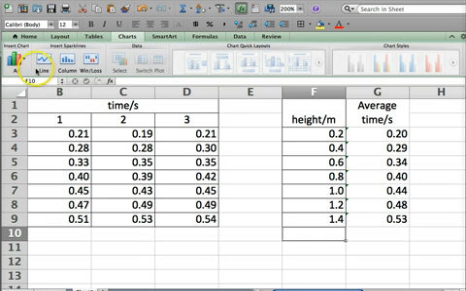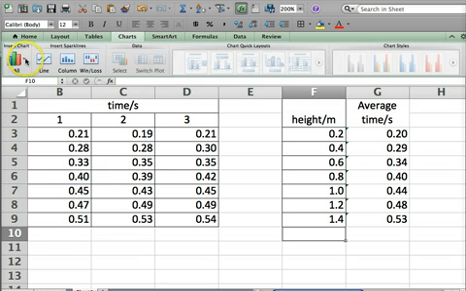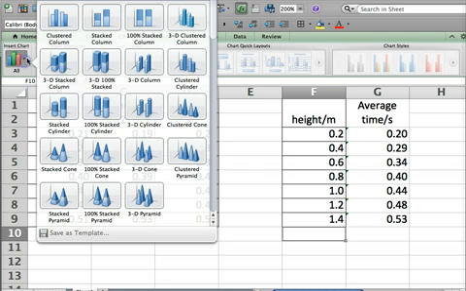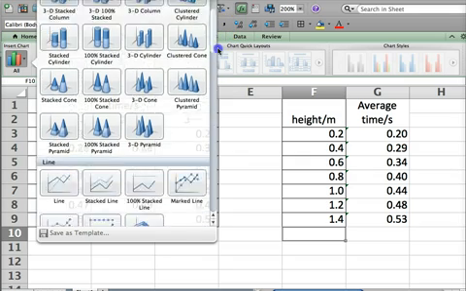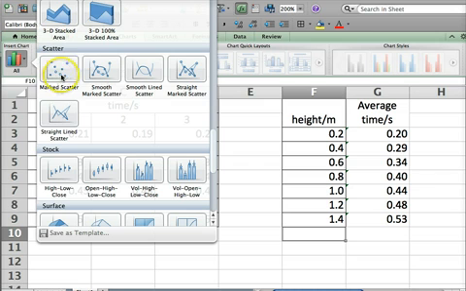So the first thing we want to do is insert a chart. Normally on this version, to do that we need to click on the chart tab. There are various different ways with different versions of Excel, but here I'm going to click on the chart tab and insert chart. If I click on the down arrow to the right there are a huge number of charts, but the one I want is this one here, marked scatter. XY scatter is another name for this one. So I'm going to click on that one,